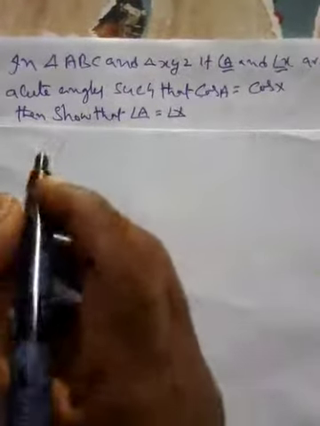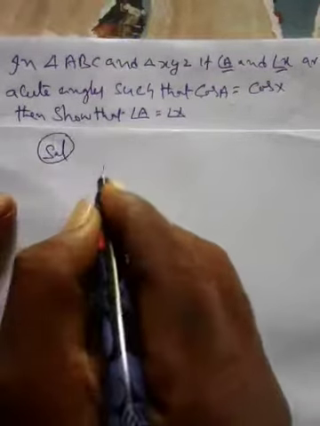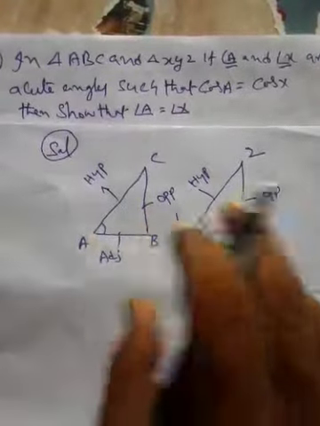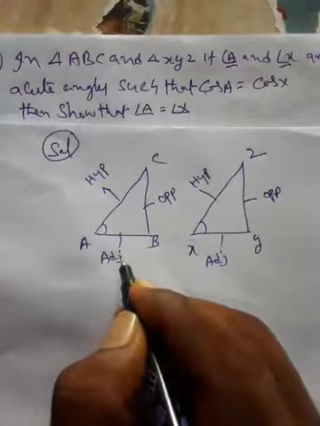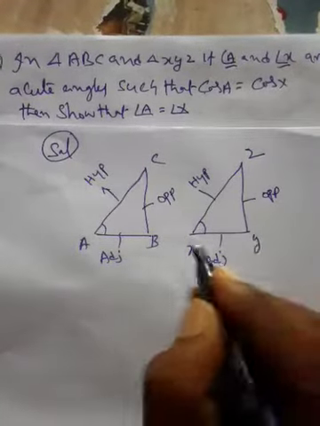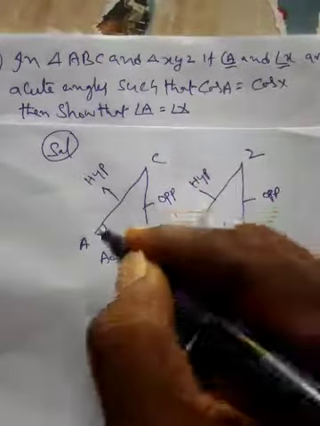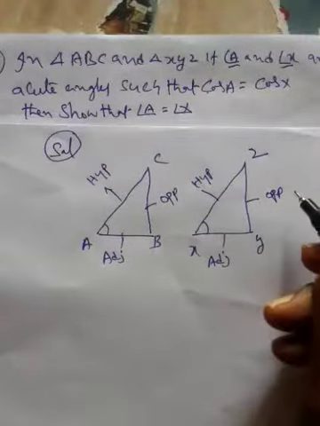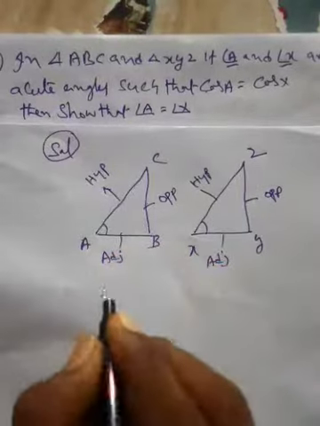First of all, we have to draw two triangles. In these two triangles, AB is the adjacent side in this one, and XY is the adjacent side in the other. BC is the opposite side in this triangle, YZ is the opposite side in the other triangle. Hypotenuse is XZ and AC. Then